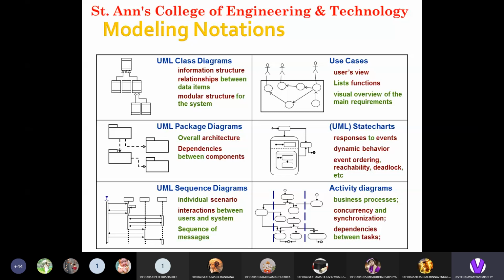So these are the kinds of notations we follow in the UML platform, and the different things we are understanding from UML.